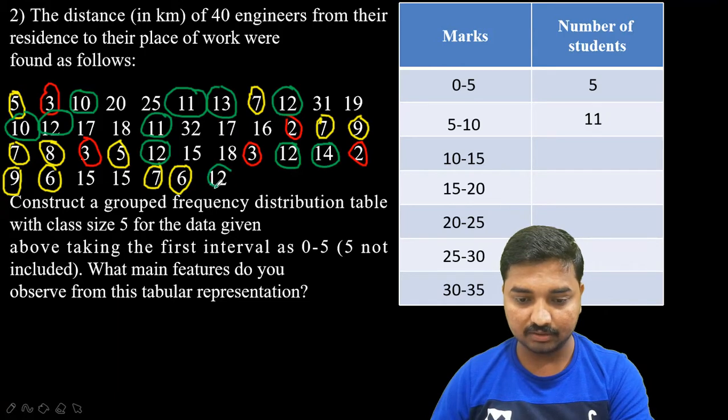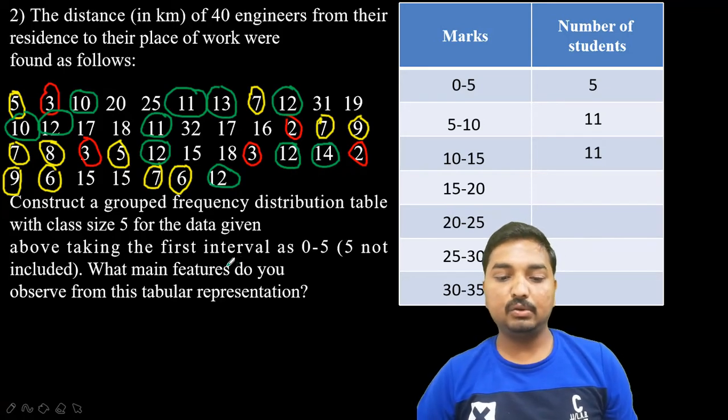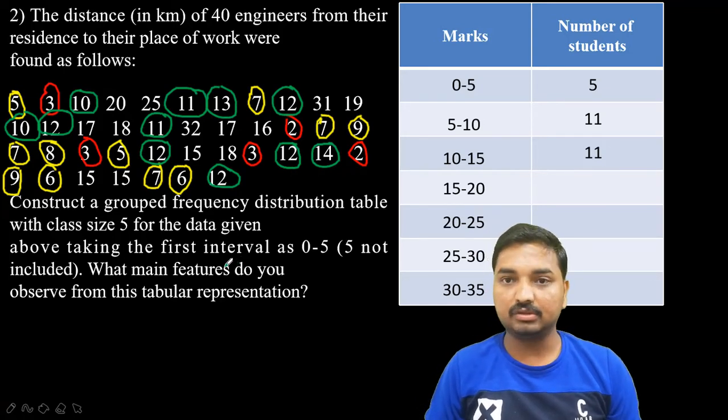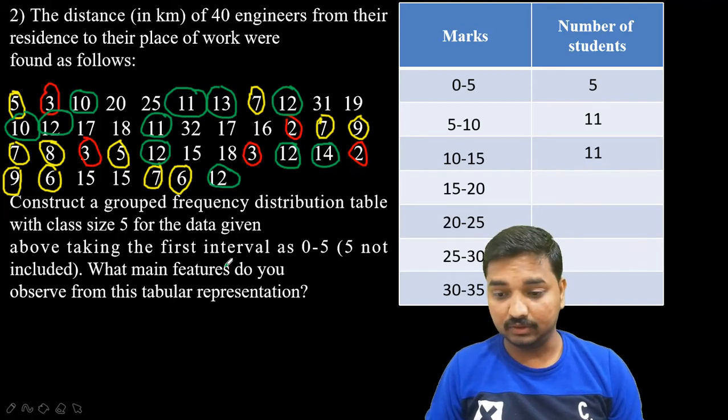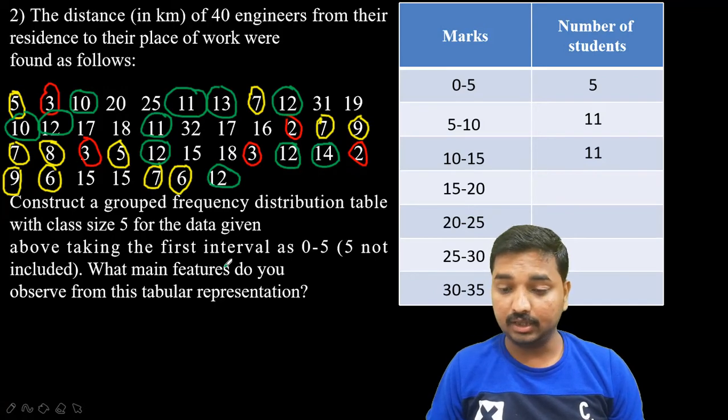Now let us count how many numbers are marked with this color. 1, 2, 3, 4, 5, 6, 7, 8, 9, 10, 11. It is 11 actually. Yes, definitely right. I think you can do it in this way. The procedure will become very familiar for you. So I'm not going to mark again for the remaining class intervals, and I'm going to write them directly, and you need to identify in this way.